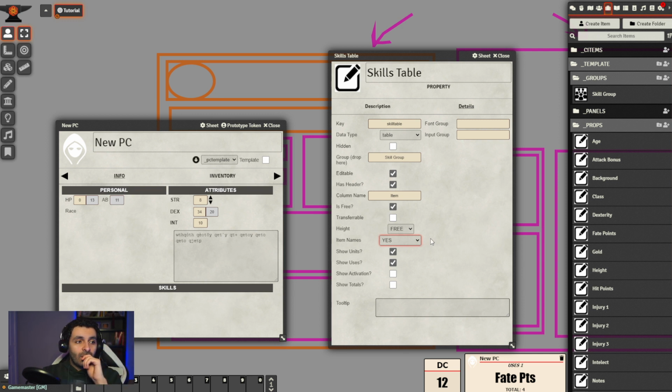Then item names, yes, no, only names. This is also only important for non-free tables, so this is something that I'll have to change in the near future. But for now, just forget about it. Show units, no. Show users, no. Show activation, no. And show totals, no, as for this example, yeah, but I'll have to do the same for the non-free. Okay,